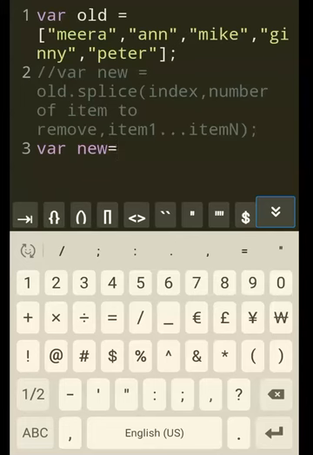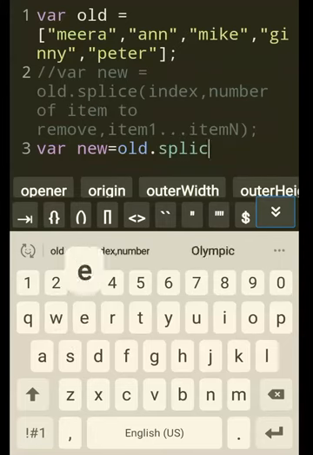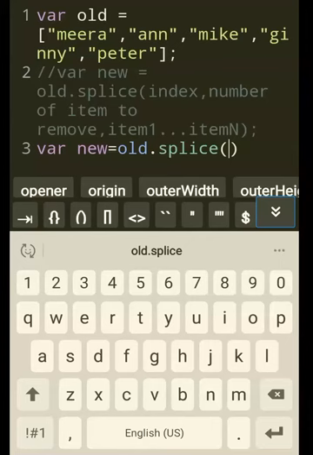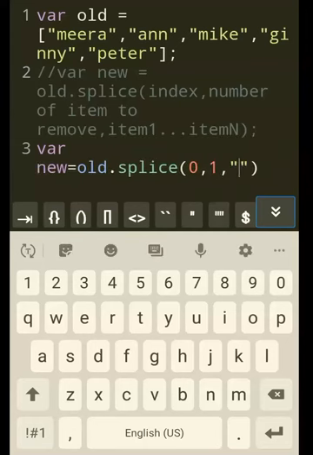Let's actually set about doing it. Old dot splice, in the parenthesis. I'll write the index at which I want to add, the first example. I want it to happen at index 0, the first position, you know that, right? And then the number of items to remove. Let's say I want to remove one item, and I want to mention the item that I want to add.